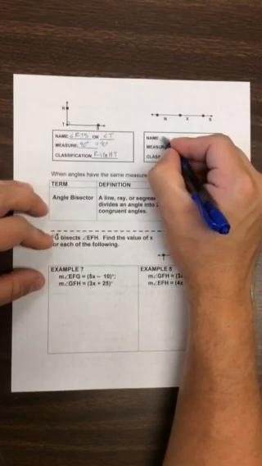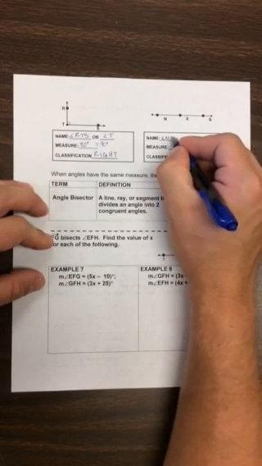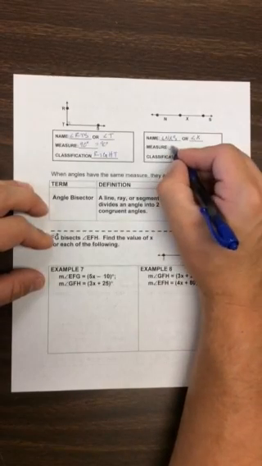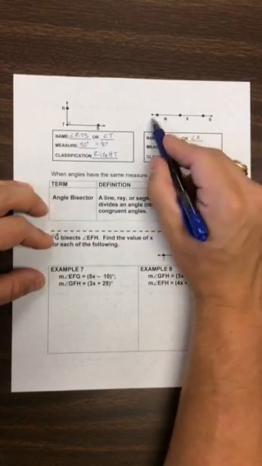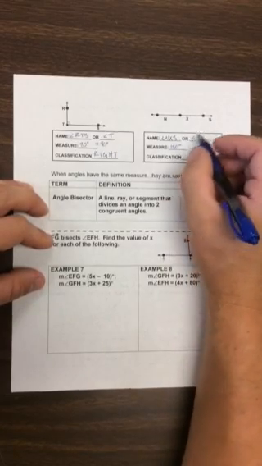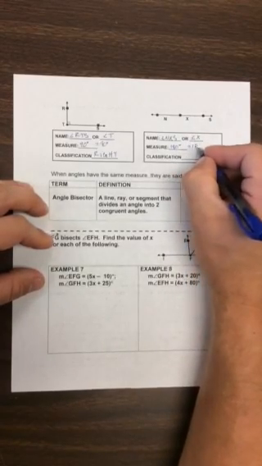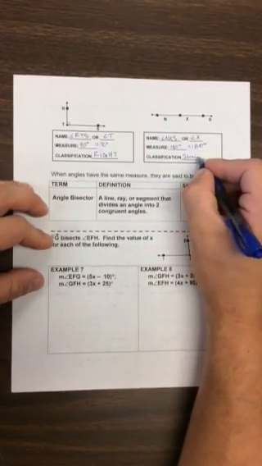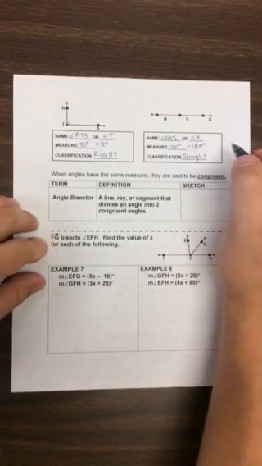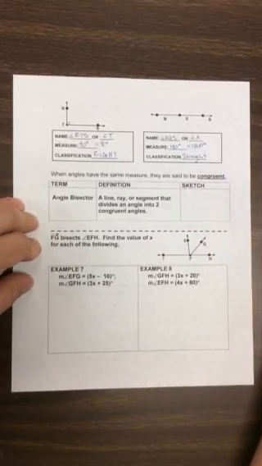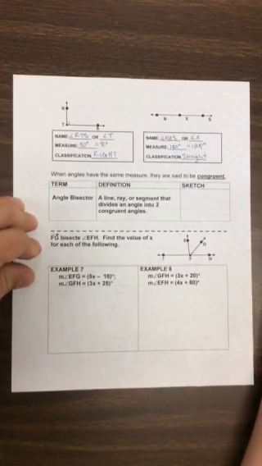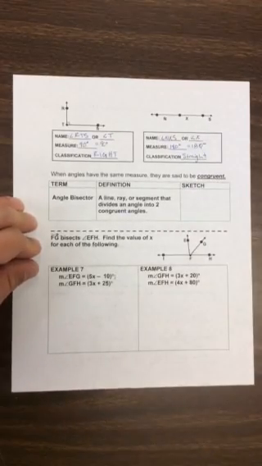Looking at the next one, we've got angle NXS or angle X. The measure has to be 180 degrees because it looks like a line. Because it looks like a line, we're going to say it equals 180. Well, that's just a straight angle, which is also known as a line or a ray, depending on how you want to name it. But when we're talking about angles, we're worried about how many degrees, which is 180. So we're going to go ahead and call it a straight angle. So, when angles have the same measure,